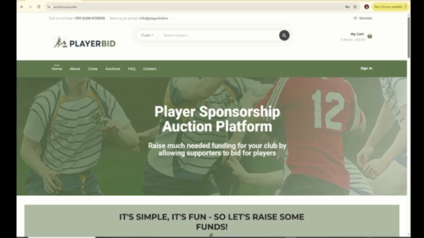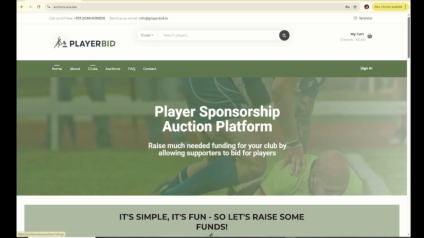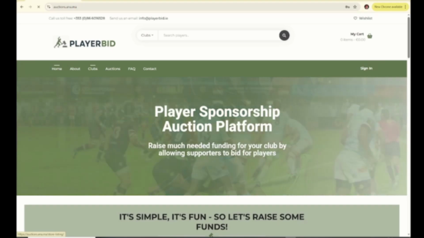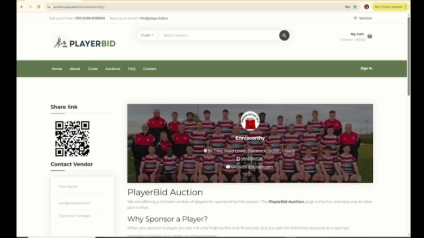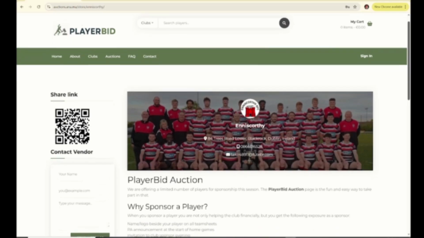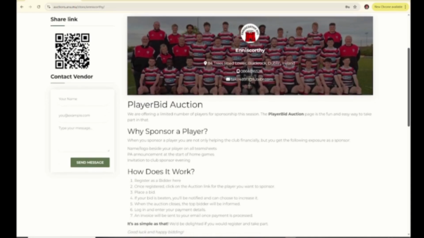So how the platform is structured is that each club will have its own page. If I click on clubs here, this will take me through to a page that has a list of clubs. I'm going to click on Enniscorthy here, and each club will have a page like this. It'll have a banner image at the top with a club crest in the middle. It'll have the basic details, Enniscorthy, the contact details, a little introduction, PlayerBid auction,